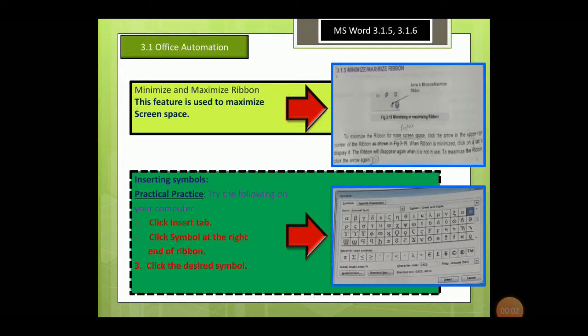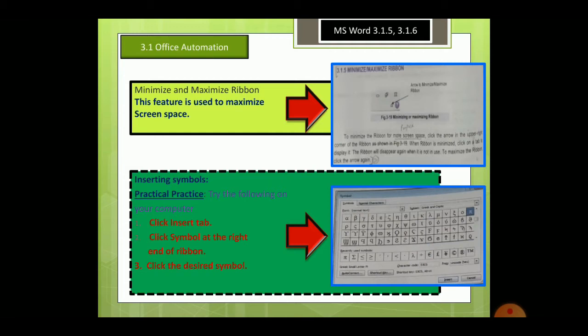You can perform and do some practice regarding these functions and follow page 74 and 75 and perform the commands like Control C, Control X, Control V and play a little bit with your text. So also you can select some of the options like copy and paste from the Home tab clipboard group. Okay, so next up is topic 3.1.5 and 3.1.6